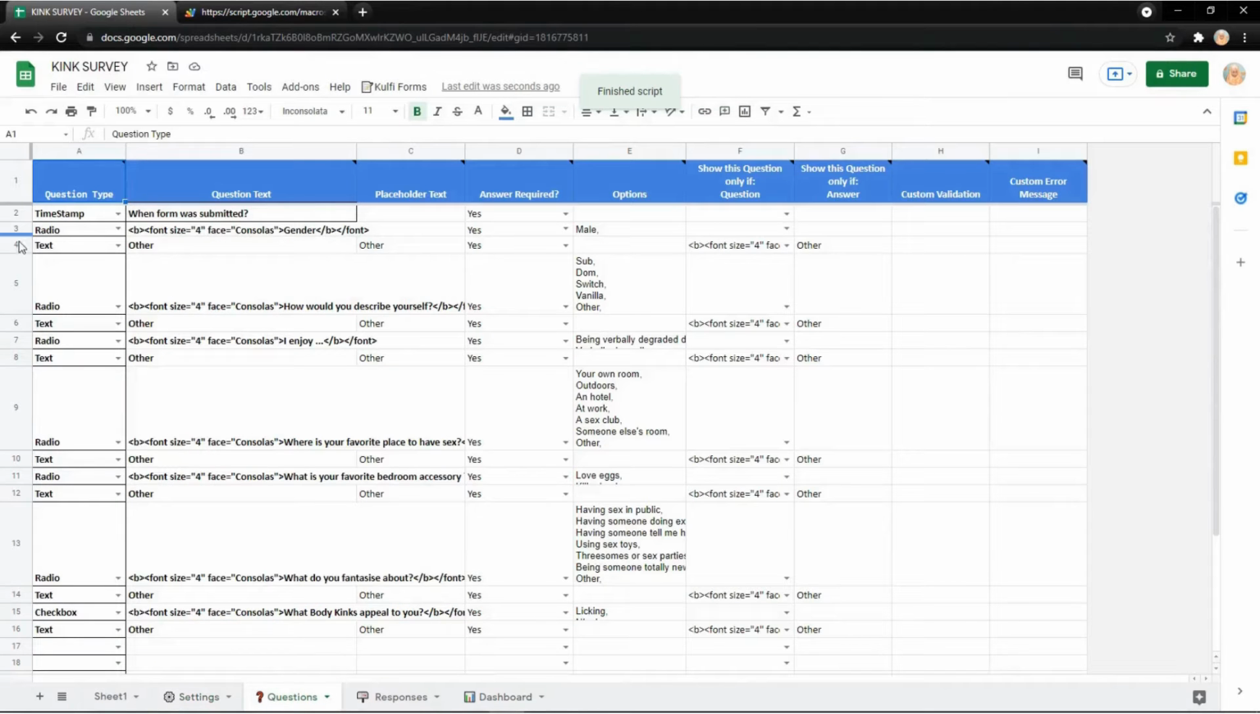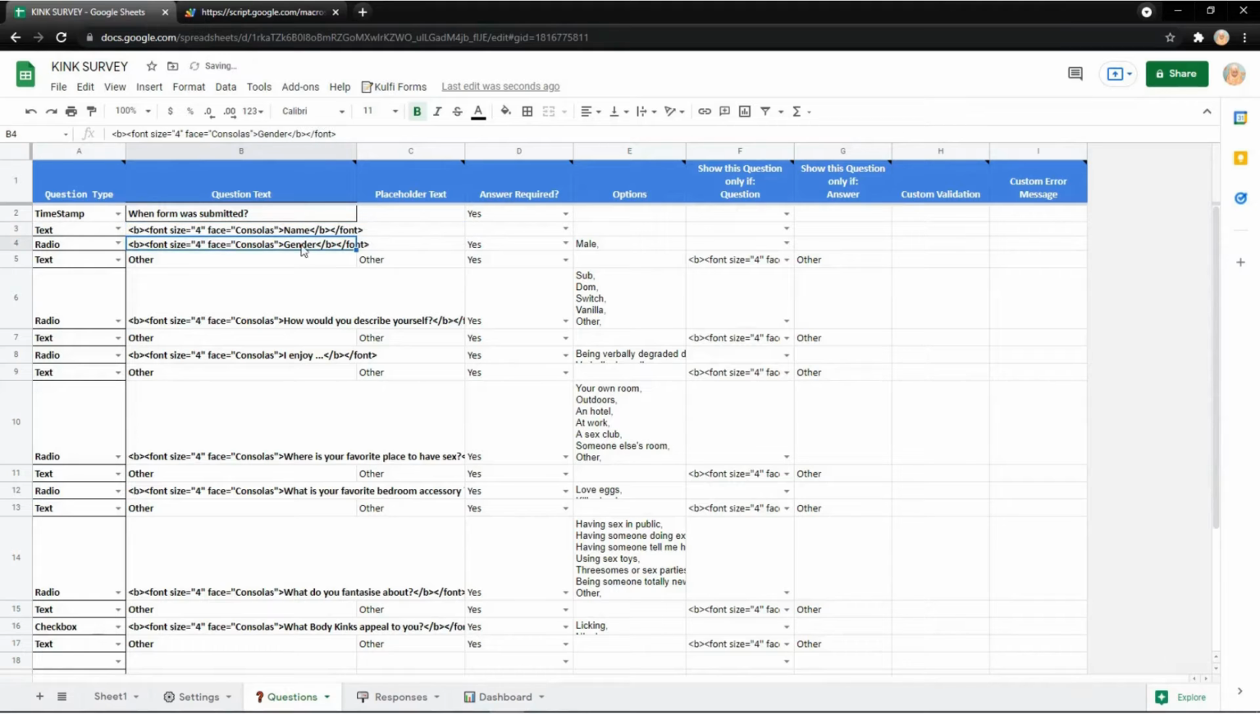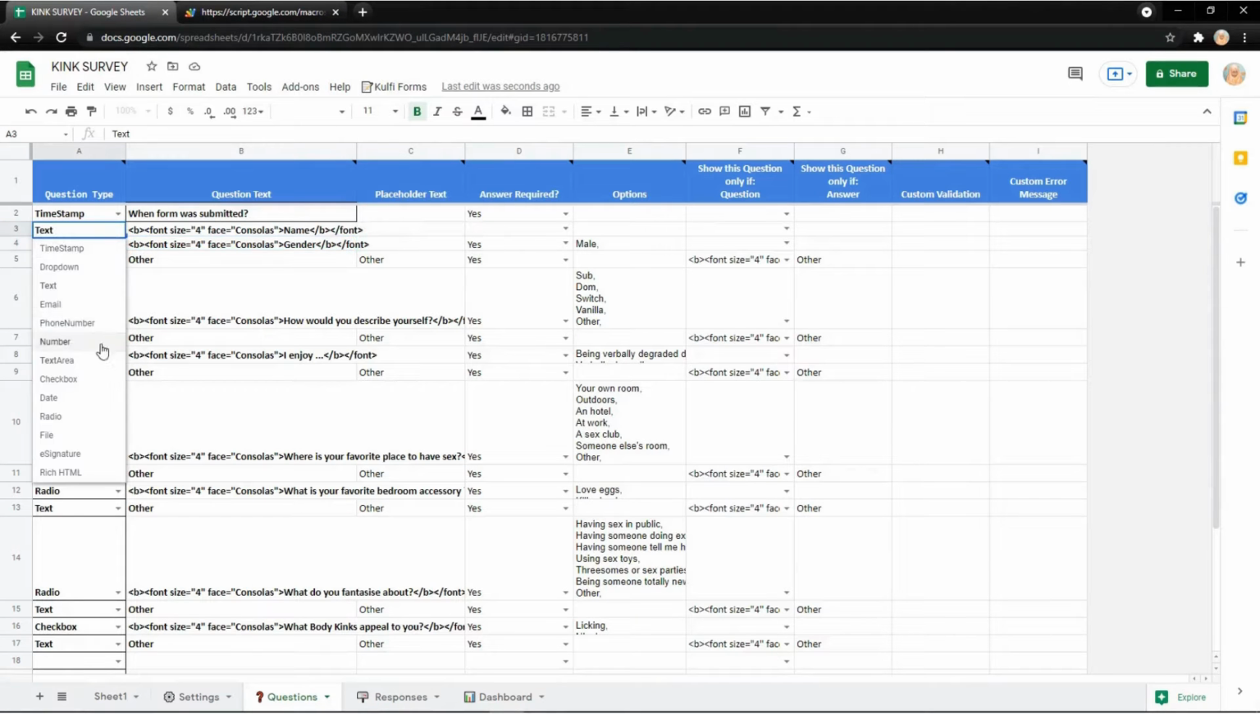For example, I want to insert a new row like text, and then I copy the question text. For example, I change it into name, so it will show like this in the form. You can also change the question type, for example, date, for date of birth,